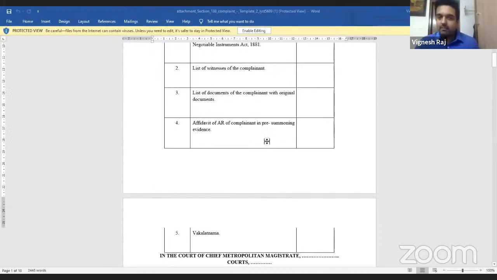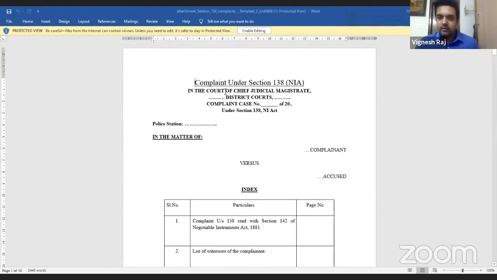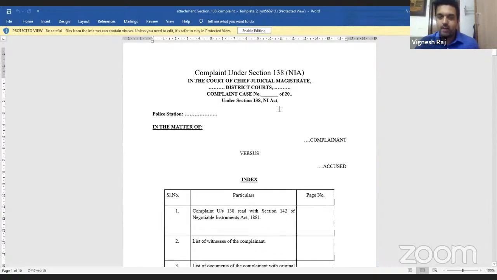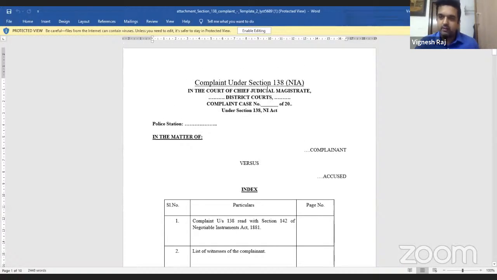So a very important aspect is to file it in the right court. All right, you will always file it before a magistrate, or an additional magistrate, or a metropolitan magistrate, depending on where you are. Judicial magistrate, first class, second class, as the case may be, and depending on the amount. So it has to always be in the lowest court having jurisdiction to try the matter. That is why you file your negotiable instruments complaint there.